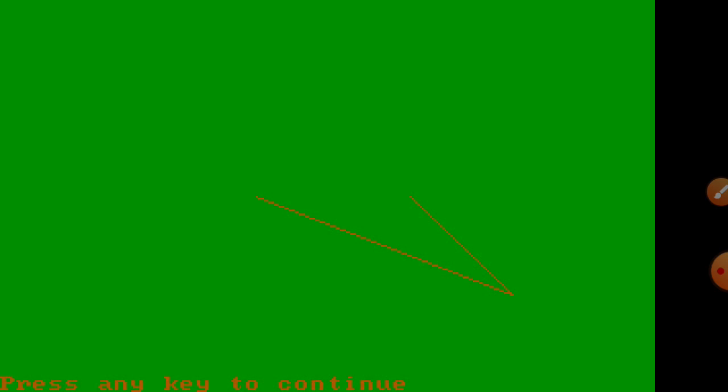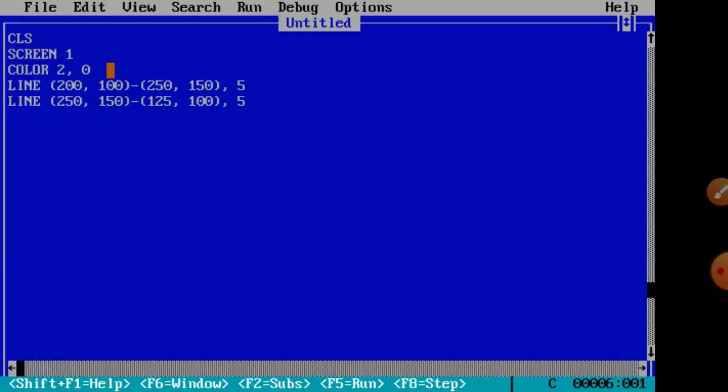Now the third line we want to create from the second line, starting from the second line. This time we are right here at 125 and 100, that was the starting point for creating the third line. The third line goes to the point 200 and 100. So you will write here 200 and 100. This way we will create the third line. Now our triangle would be completed.